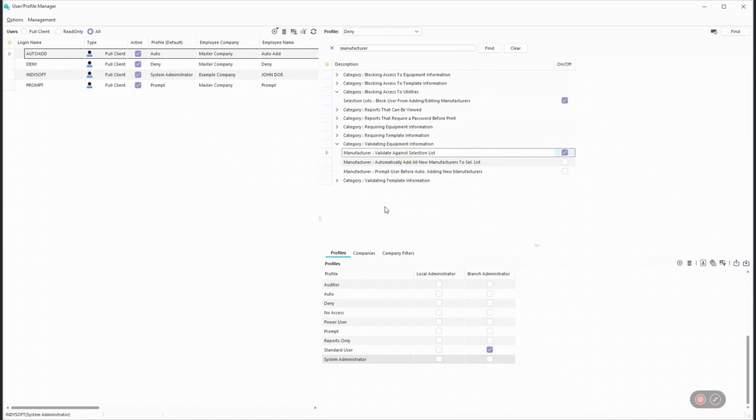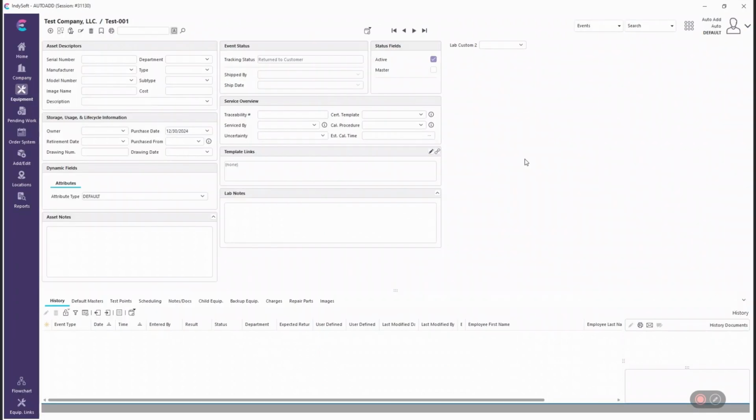So what I'm going to do is log out of my system administrator profile. I'm going to log in as each one of these so you can see how those settings differ. So I am currently logged in as the auto add user, and I am specifically looking at test company